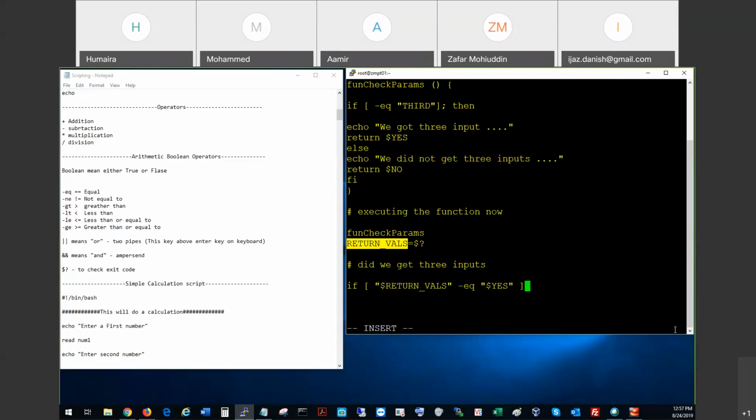Okay, then what you have to do is then statement. Then you have to do echo. We received 3 inputs, and they are